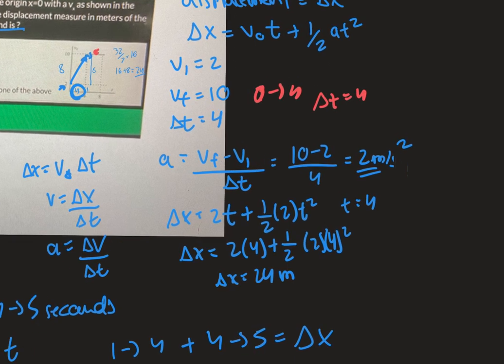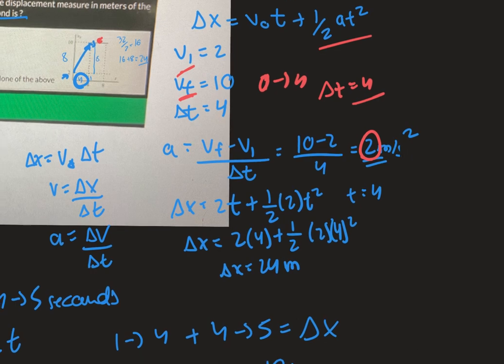So in order to do that, we have to determine the acceleration so we can input it into the formula. The acceleration is going to be delta v over delta t. It's 10, the final, minus the initial one, 2, divided by 4, which is the time that we are examining. It's going to be a 2 meters per second squared acceleration. And then we go over and input into this formula, and it's going to give us 2t plus 1 over 2 times 2, right? 2 is the acceleration,